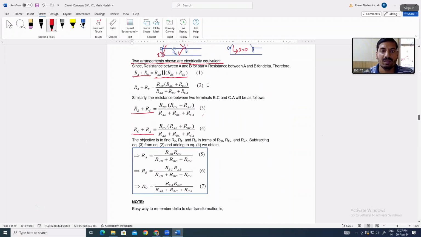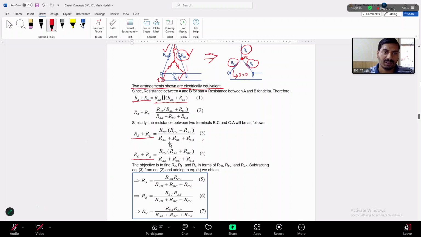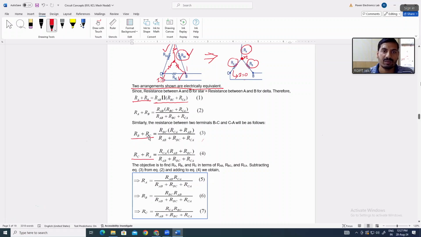सो यहाँ पे हमारे पास तीन इक्वेशन है, इक्वेशन 2, 3 एंड 4, एंड वी हैव थ्री वेरिएबल दैट वी हैव टू फाइंड आउट. ओके, दैट इज RA, RB एंड RC. सो उसको फाइंड आउट कर लेंगे. हमारे पास बहुत ऑप्शन है. पहला ऑप्शन क्या है कि हम फर्स्ट में से सेकंड को सब्ट्रैक्ट करें, मतलब सेकंड इक्वेशन में से थर्ड को सब्ट्रैक्ट करेंगे तो हमको मिल जाएगा RA माइनस RC. ओके, RA माइनस RC मिल जाएगा. और उसके बाद RA प्लस RC यहाँ पे दिया हुआ है, फोर्थ इक्वेशन. सो पहले टू में से थ्री को सब्ट्रैक्ट करेंगे और उसके बाद फोर में जोड़ देंगे